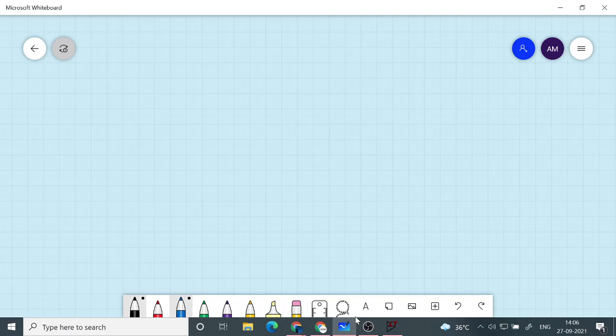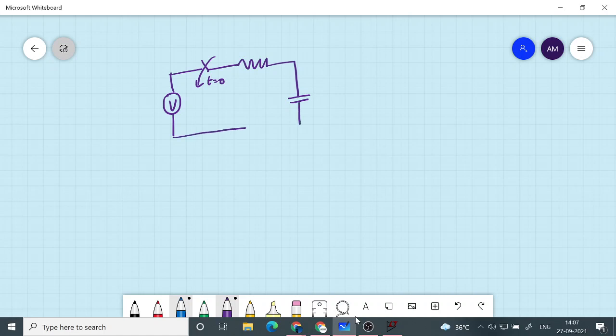Okay, so if we go back to the RC circuit, we had some voltage source, and then we had a switch which gets closed at t equal to 0, and then we had a resistance, and then I had a capacitor. So this is your C and this is your R, and here is your voltage source. Right now I am not putting the values for it. You can later put values in the expression. So right now I will derive it in terms of R and C.